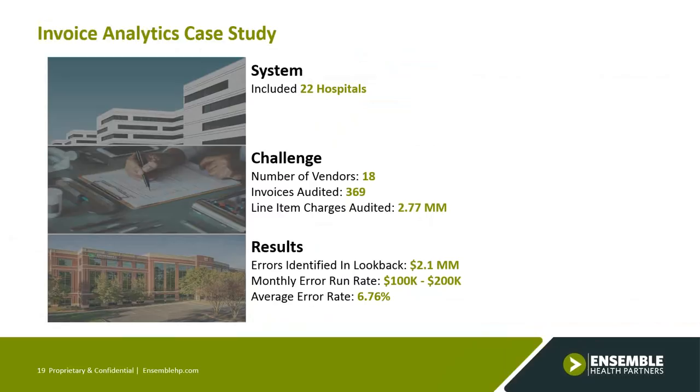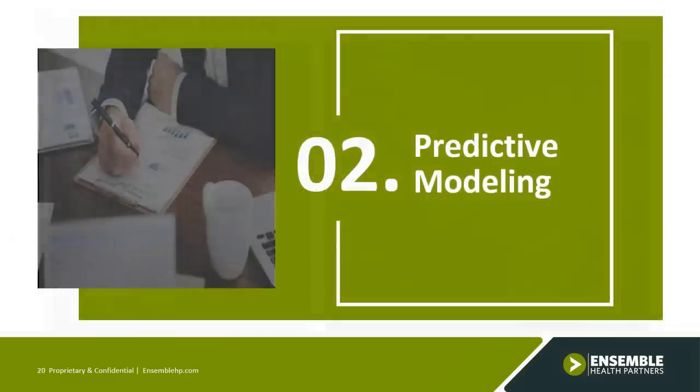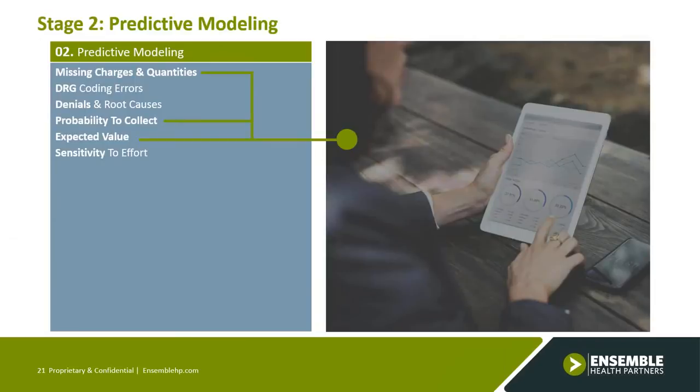Now let's take a look at the potential use of predictive modeling, which is called stage 2. Here are 3 examples of where you can apply predictive modeling. One is in the area of missing charges and quantities, mostly applicable to outpatient revenue. The second area we're going to discuss is predicting the probability to collect on an account balance. And then thirdly, we're going to talk about expected value of an account to be collected, and also sensitivity to